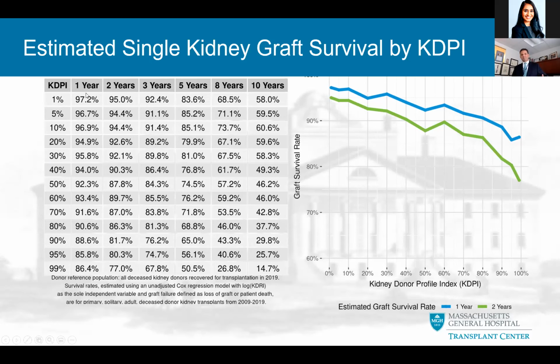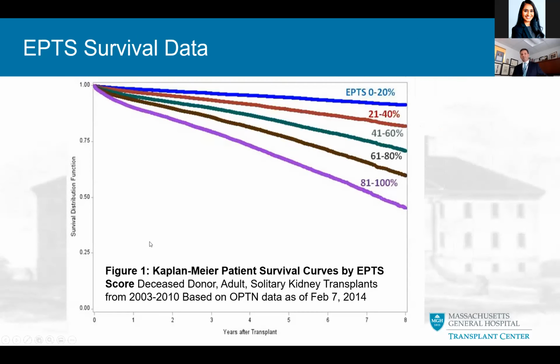So while the 1% kidney is obviously better than that, these kidneys are still very good quality kidneys for certain patients and would be an opportunity to help those patients. And that's the other piece that the CAS looked into, which is the EPTS, estimated post-transplant survival. So they looked at patients after transplant, and the top 20% of patients made it 90% of the time, made it 8 years after transplant. Whereas the bottom 20% of patients, half of them died within 8 years after transplant.